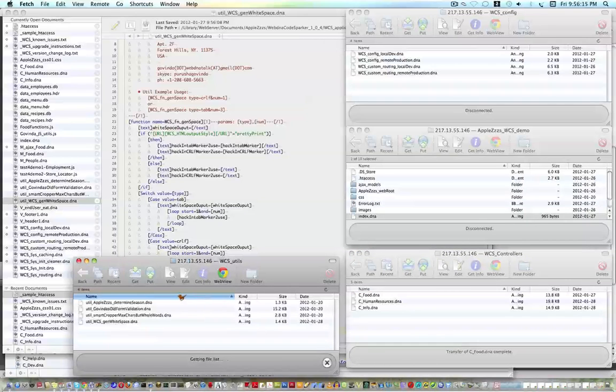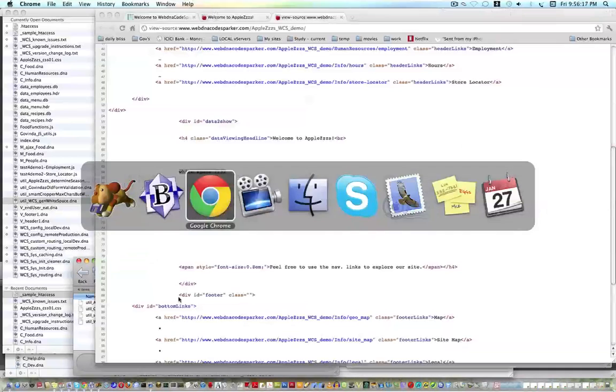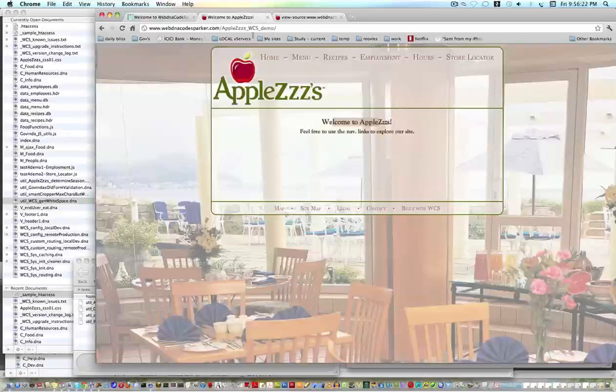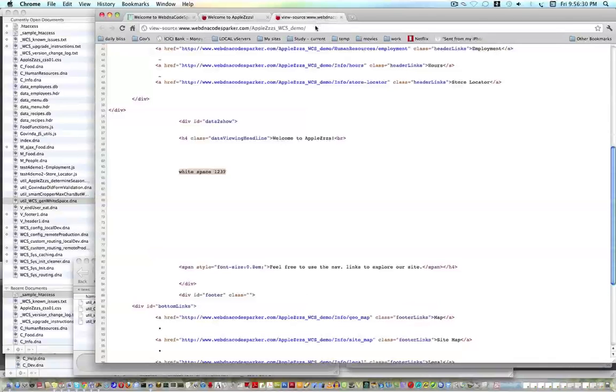We're going to talk about utilities in a different demo. All I did was put some code back the way it was by default. I reload the home page and it still looks the same, because browsers are happy. They don't care about white space on the surface. On the source code,